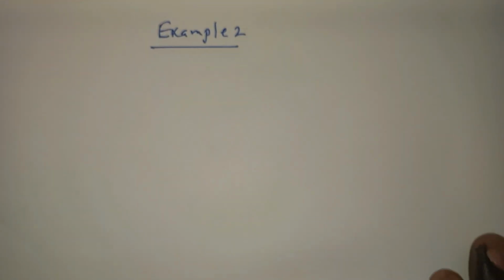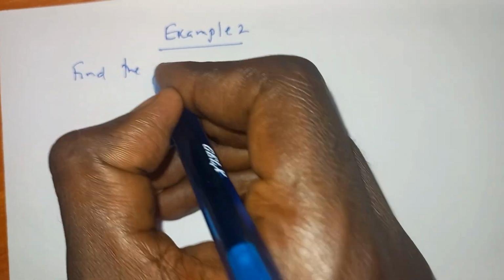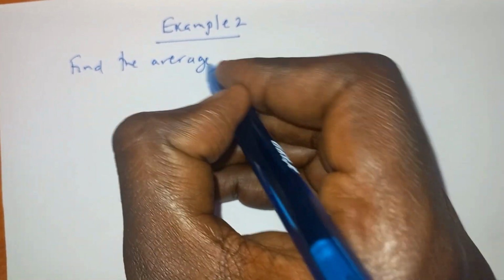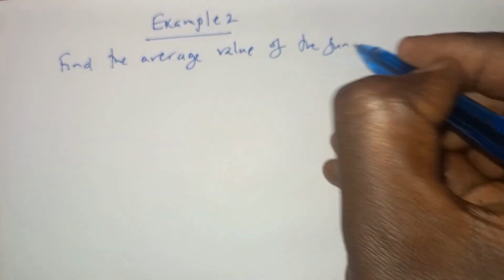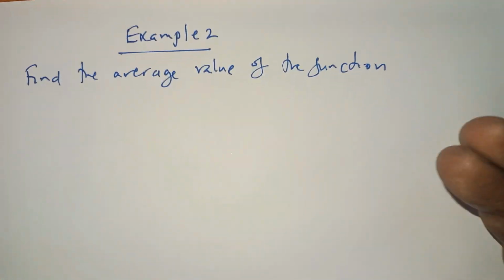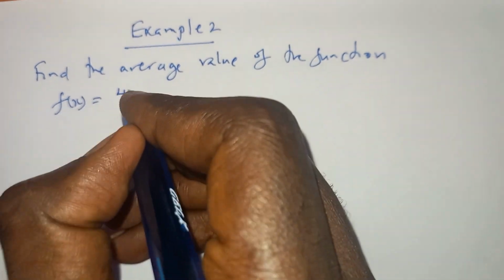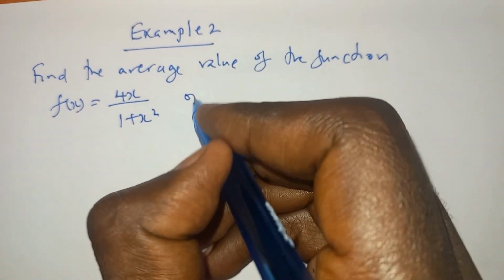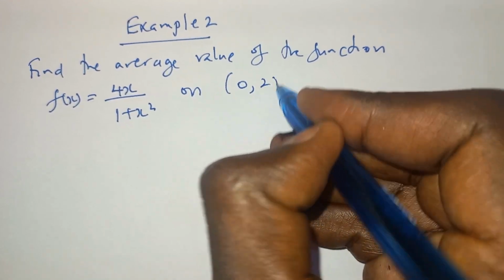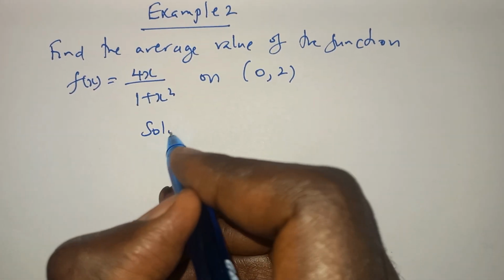Example 2. Find the average value of the function f of x is equal to 4x over 1 plus x squared on the interval 0, 2. Now, under solution,